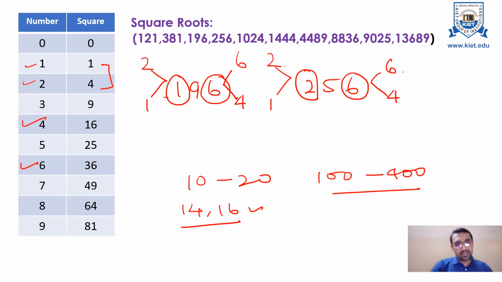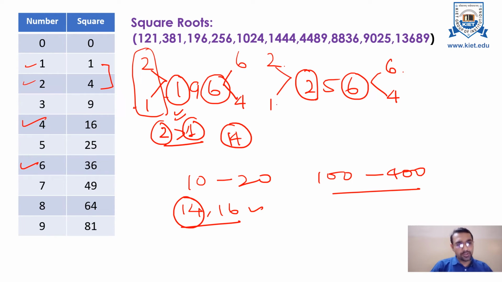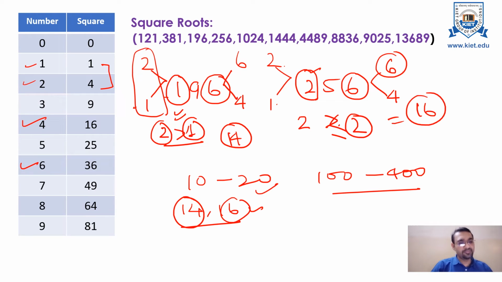Okay. Take the product of these two numbers. 2 into 1 is 2. 2 is greater than this number 1. Okay. So if this number is greater than this number, you have to go with the smaller number. So your answer comes to be 14. Okay. 2 into 1 is 2. If this number is smaller than or equal to this number, then your answer will be the greater number. Okay. So your answer will be 16 for the second part. So for the 256, your square root will be 16. Okay. Move to the next example.